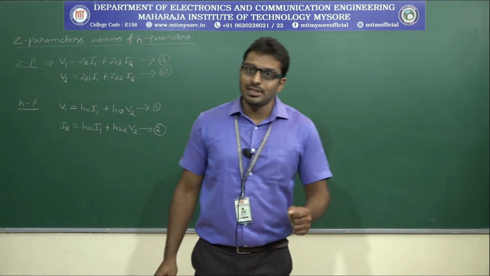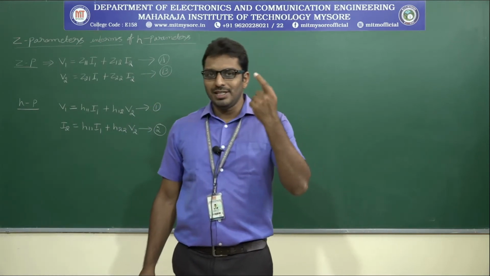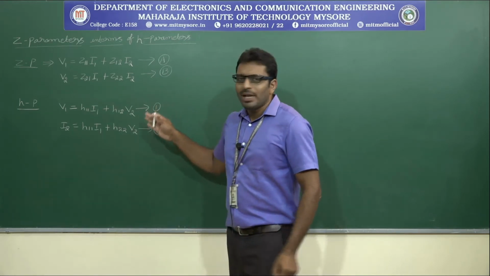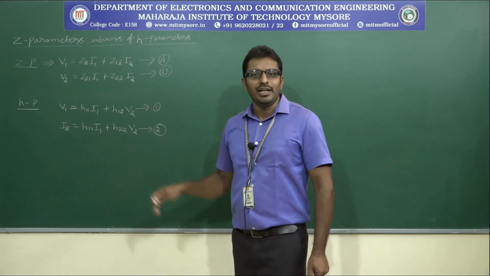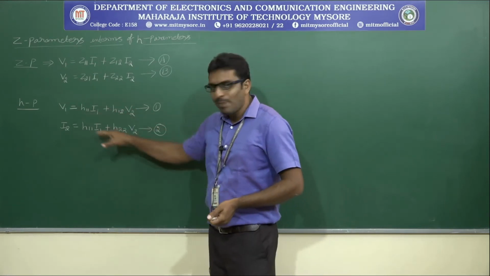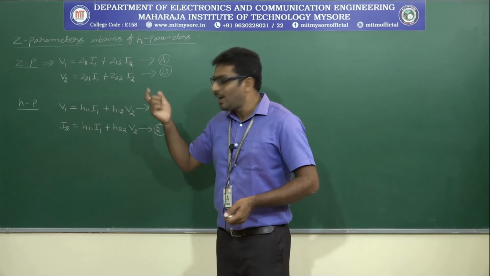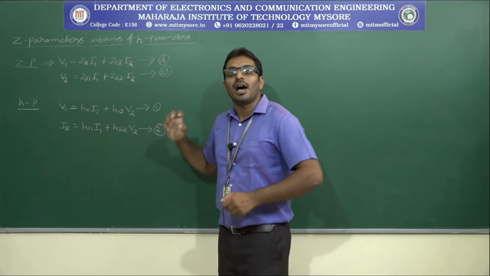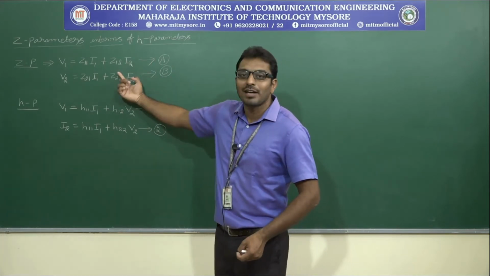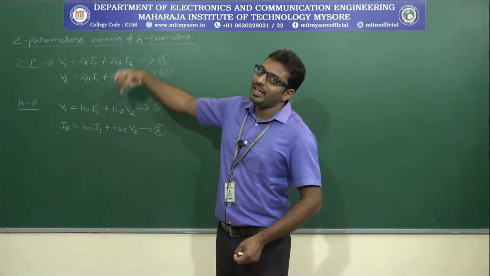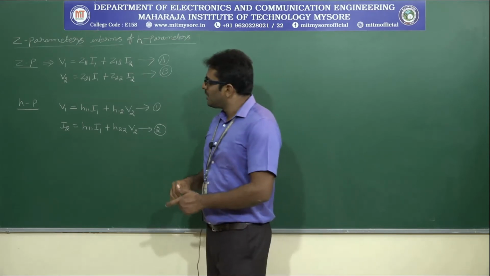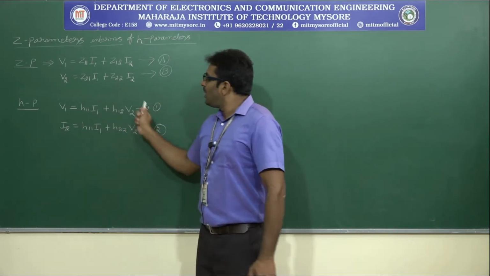See, in the last case, while finding the interrelationship between Z and Y parameters, we applied Cramer's rule, right? Here, we need not apply Cramer's rule. Directly, we can find the interrelationship. The procedure is: we consider the H parameter equations and rearrange them, expressing them just like the Z parameter equations, then only can we compare with the Z parameter equations and express Z parameters in terms of H parameters. That's why, first see the three variables of equation 1.